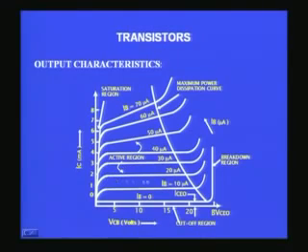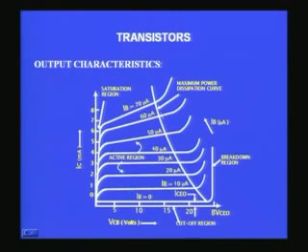You can see that for very small values of base current, the curve is almost flat, but as I increase the base current, you find the slope slightly changes from being purely horizontal. Okay, this can also be understood. Now therefore you find there is a saturation region and there is a cutoff region, and the rest of the